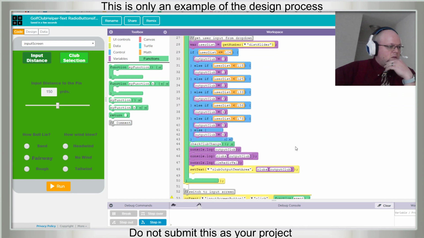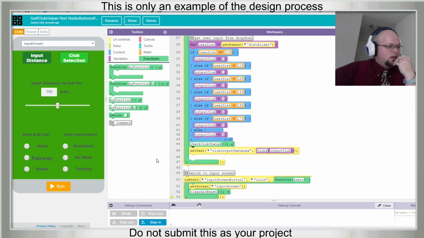Wonder if we could turn this into a return function. Ooh, this is good. Let's get rid of this. And we're going to set text to... Oh, this is unnecessarily good.